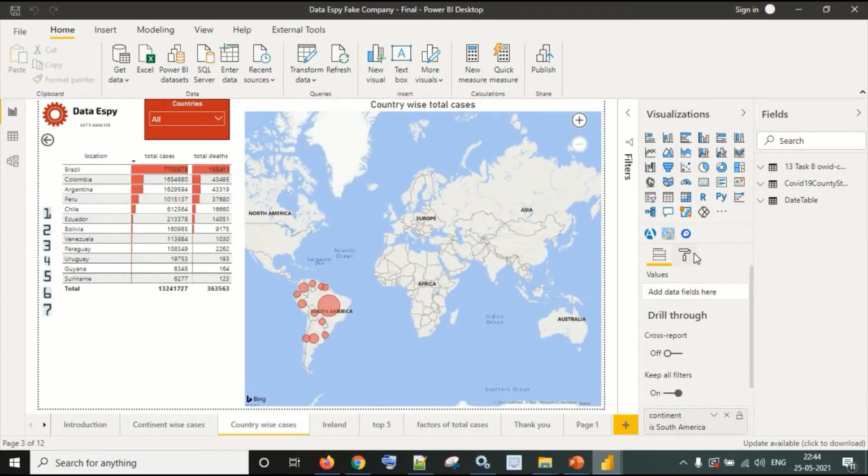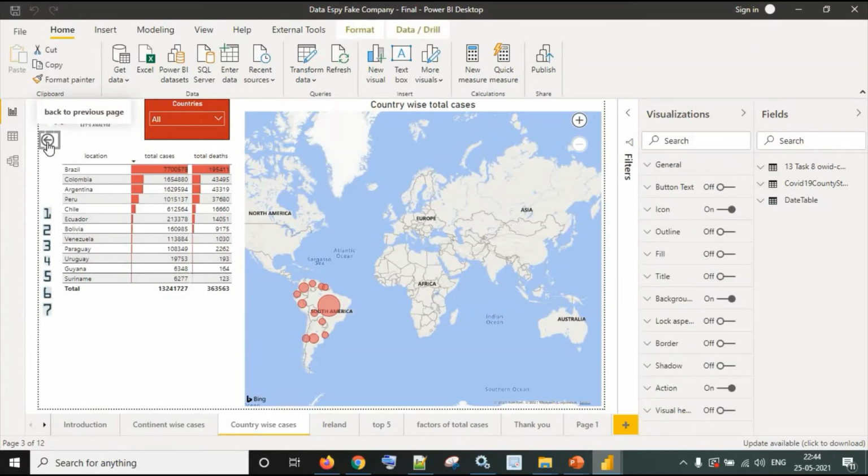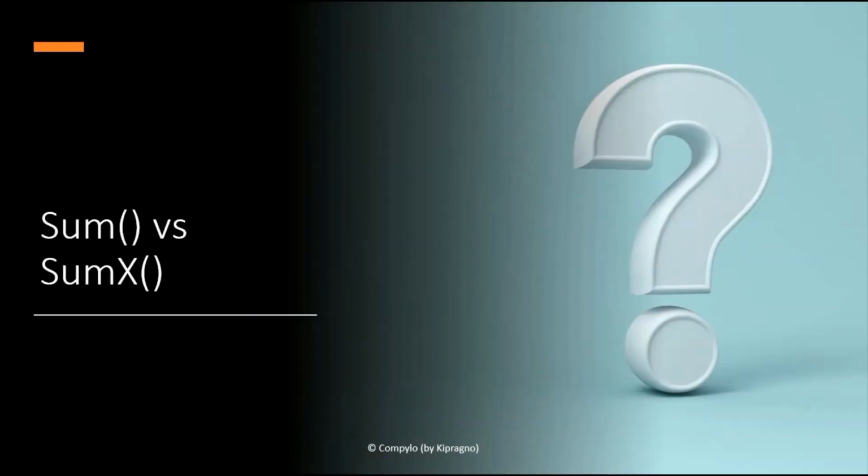It will navigate to the next page where we have country wise cases, and it will limit its data to South America, right? You can see Brazil, Argentina, and many other countries, Chile. So this is the basics of drill through, and you can explain it according to your understanding in different interviews. Okay, all right.